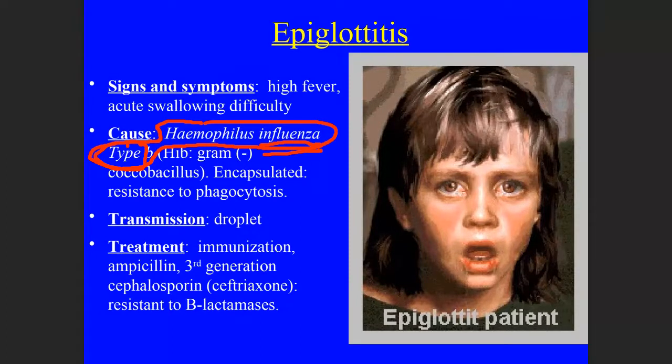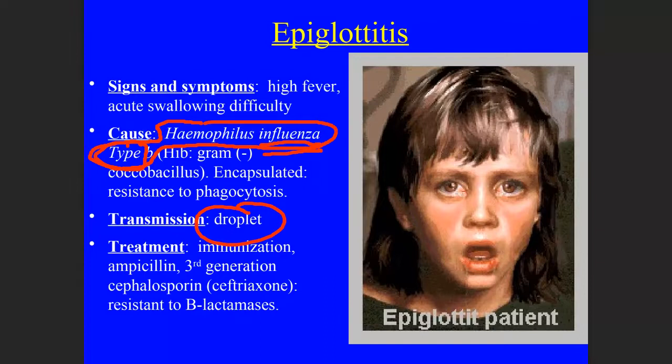But anyway, Haemophilus influenzae type B is usually spread through droplet transmission. What it does is infect the epiglottis, which is, again, this flap of cartilage that folds over your respiratory tract, preventing things from getting down to your lungs and directing things down into your esophagus. But this epiglottis gets infected, swollen and inflamed. And when a person swallows or tries to swallow, it's very, very painful. It's so painful that they can't drink water, eat food, and they can't even swallow their own saliva. There's so much discomfort with it.